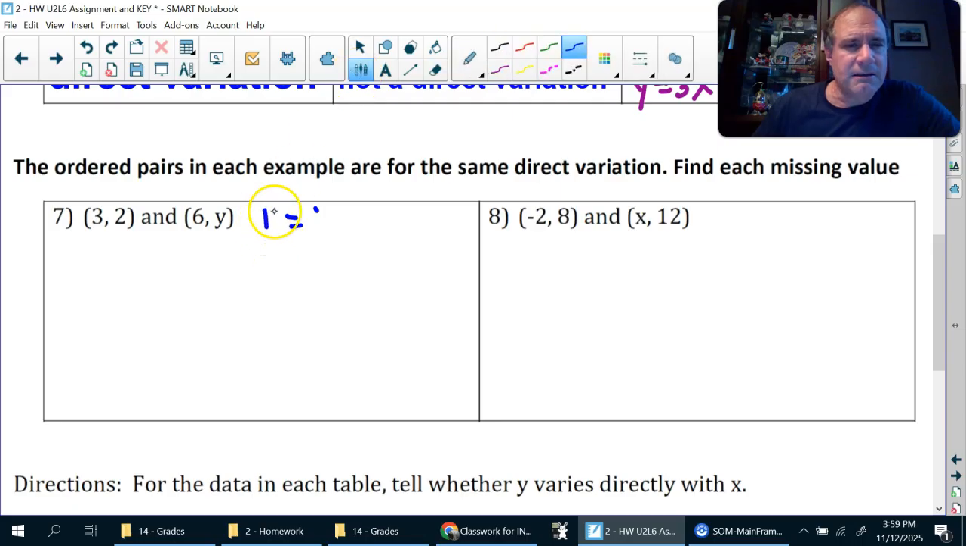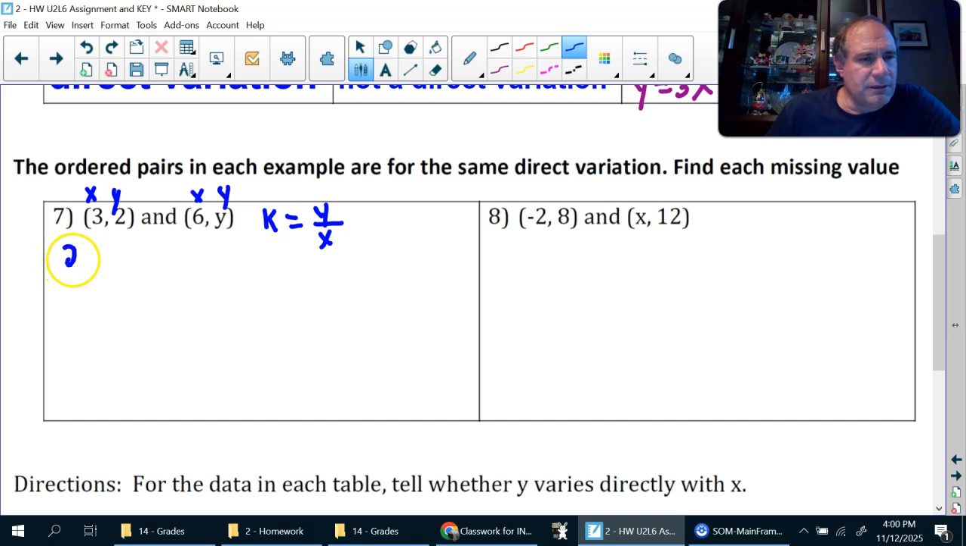k, the constant, is y divided by x. So if you take x and y and you divide it, you take 2 and divide it by 3, you get 0.6. Now you could take y and divide it by 6, or you could just go,